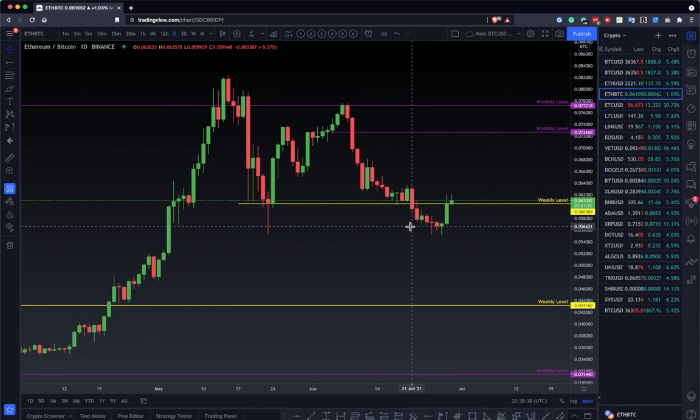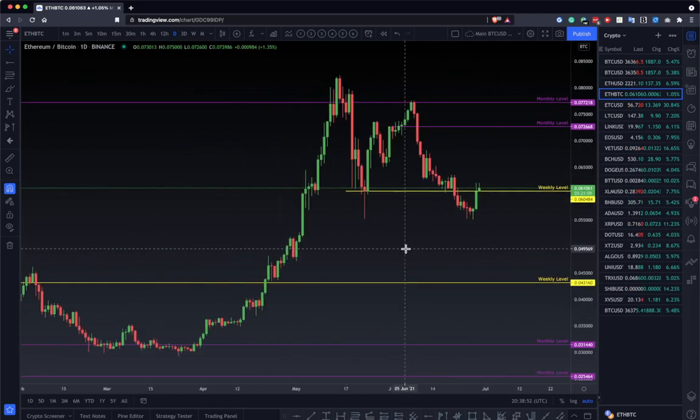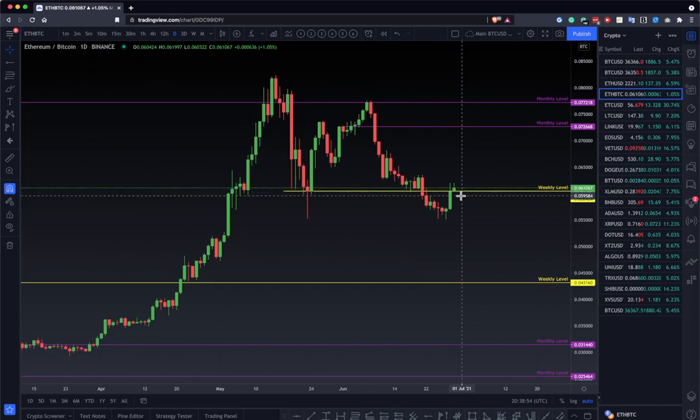Yeah, and then I think it's likely to, we can go as long as we are above this weekly level, it can go and go higher and even hit this monthly. Okay, it's possible. Of course, if we lose this, then I will